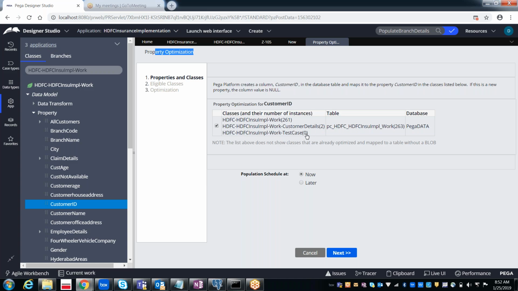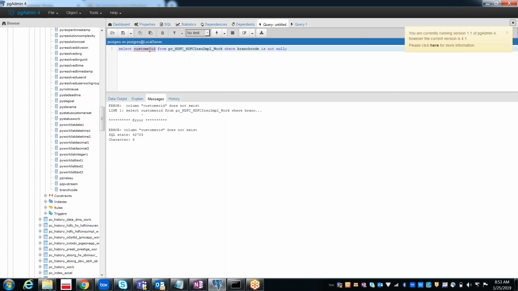For the test case, there are 0 work objects available. So it is showing that this customer ID is available in 3 classes, and we are going to optimize on these 3 classes. Whether you want to do that optimization now itself or later, the population schedule, now or later. What does population schedule mean? First it is going to create the column.